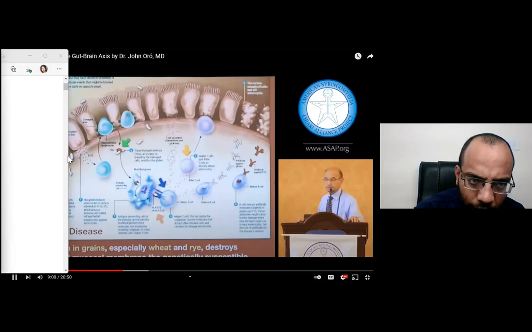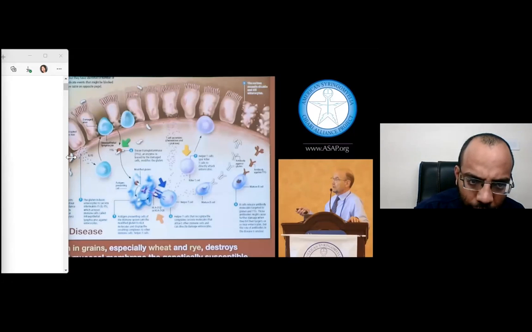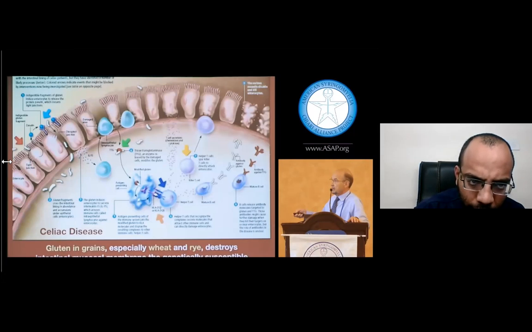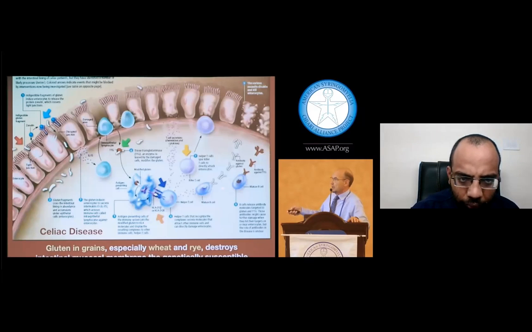This is a nice illustration of the battleground. Those are the little villi. That's the outside world, what we put in our gut. This is the healthy lining, and they have these little tight junctions. And gluten is trying to get in. The gliadin protein part of gluten breaks through; it's not trying to be metabolized through the cell. The gut sends a bunch of inflammatory molecules, lymphocytes, to plug these holes. If it exists long enough, the cell lining is destroyed.